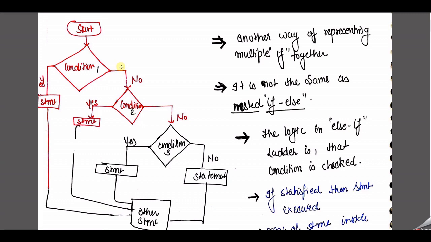When we go to the else part of the if statement, we see that again a condition needs to be checked for further activity. Here condition 2 is checked. If condition 2 is true, then we go through statement 2, and then to the rest of the program. There is no need to check another part. But if condition 2 is also false, then again what?